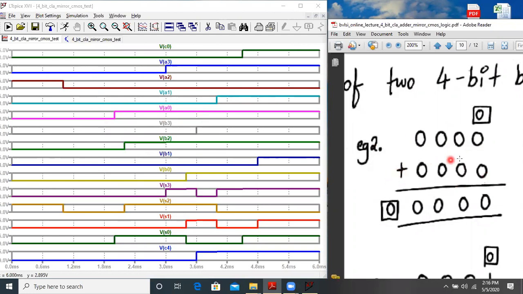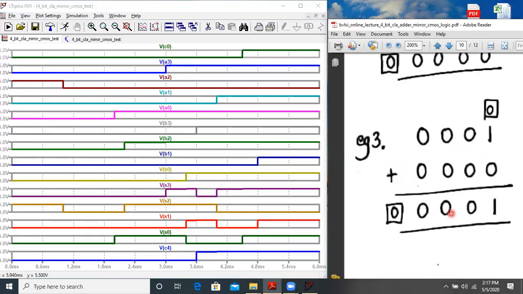So here we are adding two 4-bit numbers whose values are binary 0. So the sum will be over here S3 to S0, 0, 0, 0 and 0, and C4 is also 0. So here it is coming out to be all zeros. So no need to check, it's perfectly fine. We are adding all zeros over here.